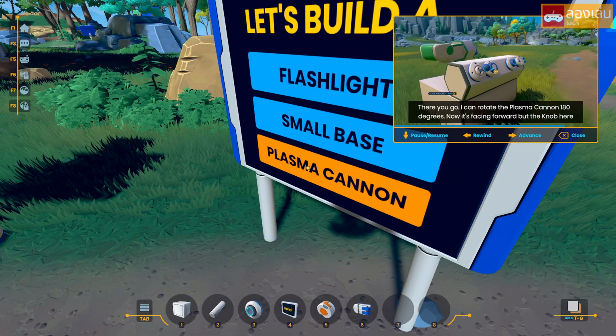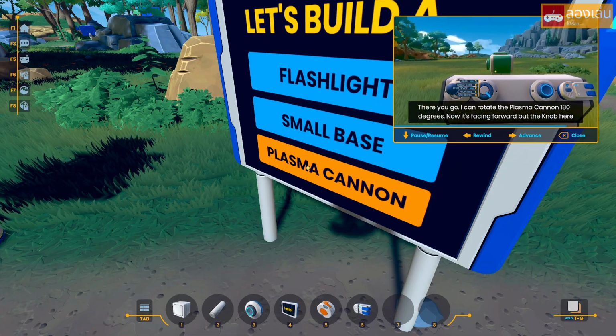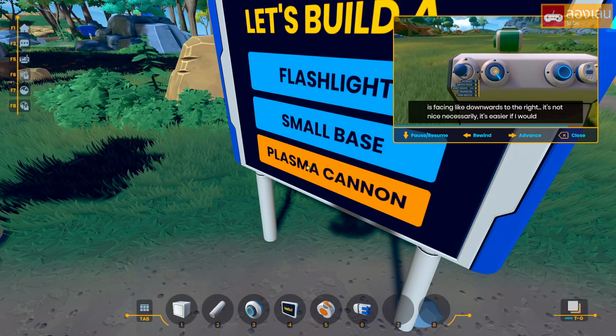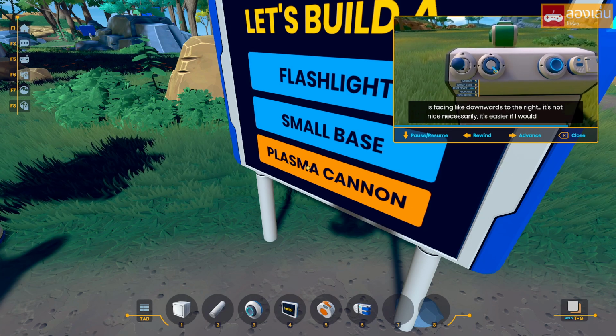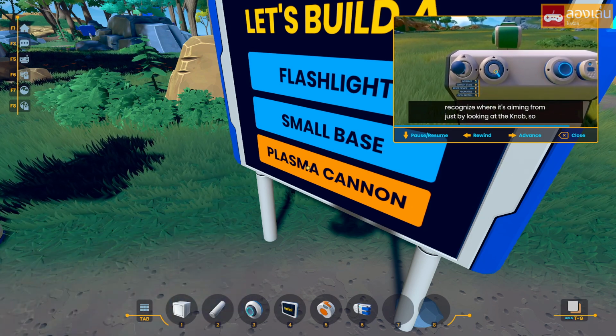There you go. I can rotate the plasma cannon 180 degrees. Now it's facing forward, but the knob here is facing downwards to the right. It's not nice necessarily. It's easier if I would recognize where it's aiming from just by looking at the knob. So let's